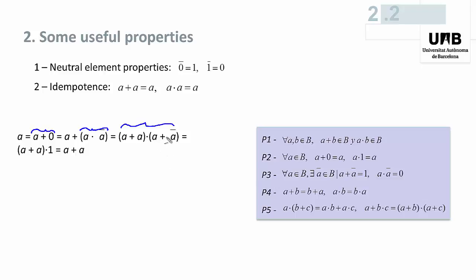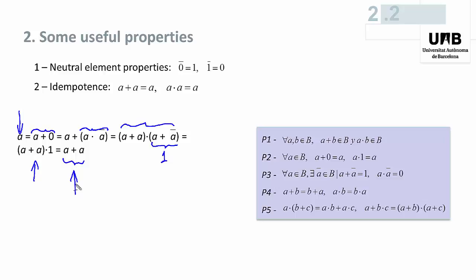But we know that a plus not a is equal to 1, so we get this new expression. And we know that a plus a times 1 is the same as a plus a. So we have demonstrated that a is equal to a plus a,